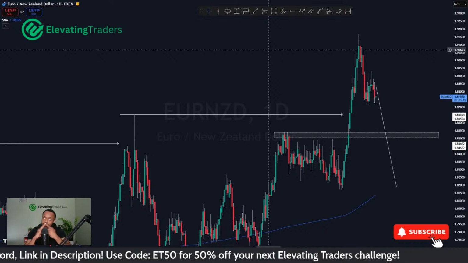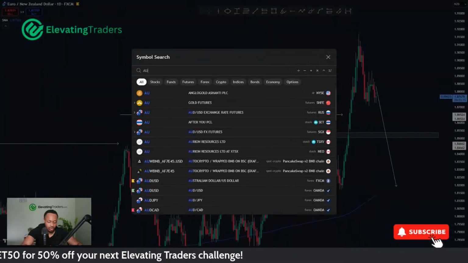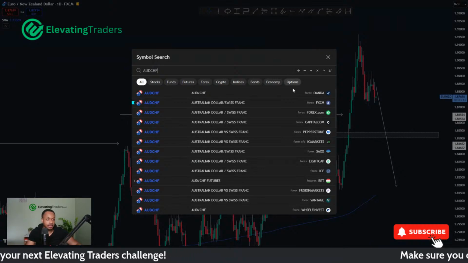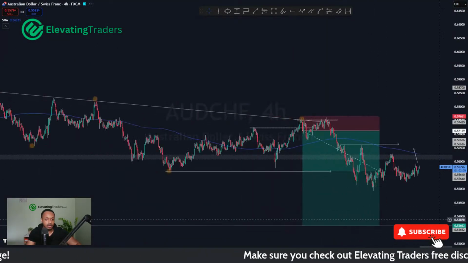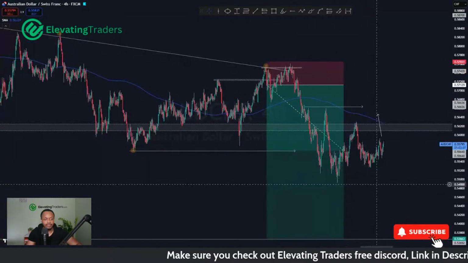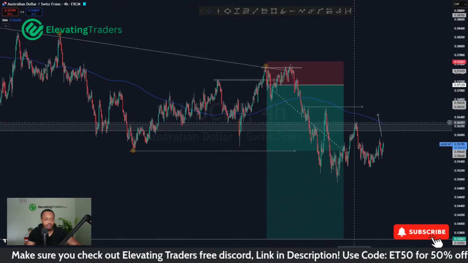So yeah, in terms of my watch list, I'm just going to manage Aussie CHF. Again, my stop loss is trailed, so I'm just going to let price do its thing. I'll only look to trail it again when price goes and at least tests the low. Doesn't necessarily have to make a new low, but at least test the low. Then I'll probably trade it underneath above that high there.